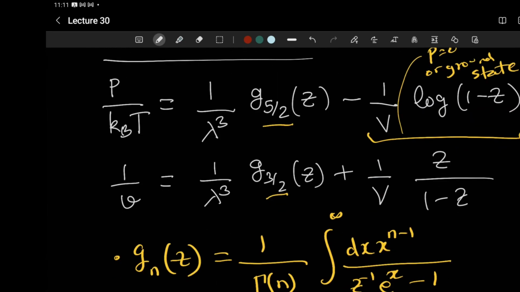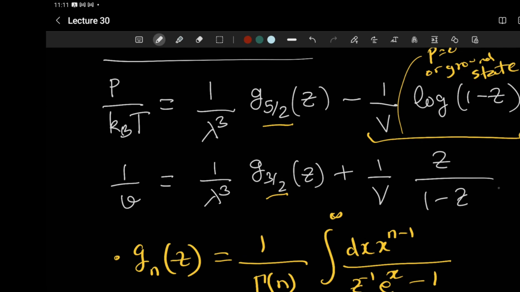In particular, take V to infinity. You can see that 1 minus z will be some finite number, so log of that will be finite, and when V goes to infinity, that goes off. But when z hits 1, we have to be careful. The log of 0 is infinity, so it's infinity by infinity. We have to handle it carefully. That's why we are putting this term, and we will work out what that is.